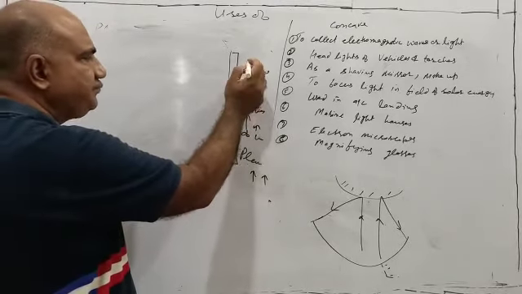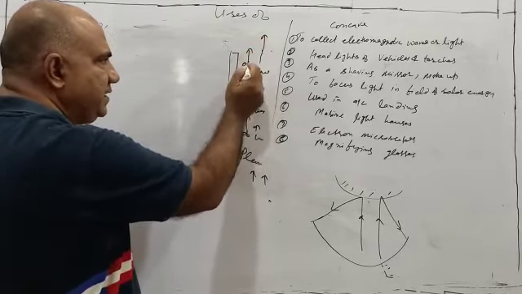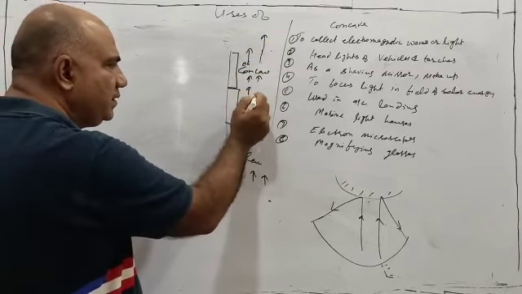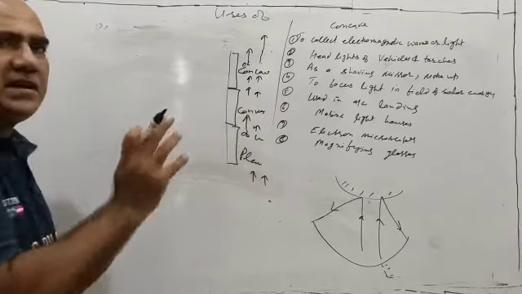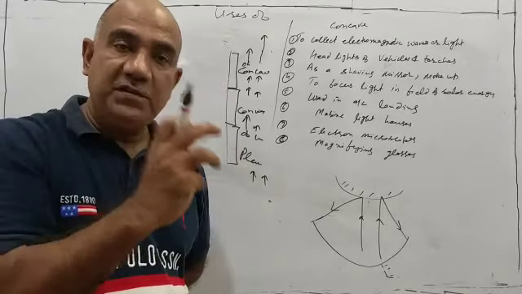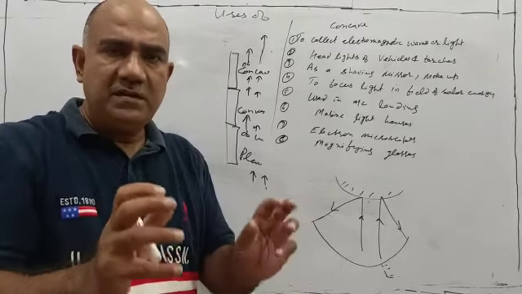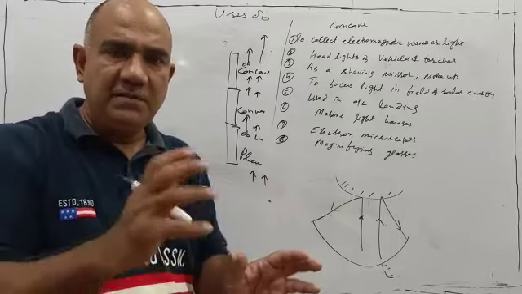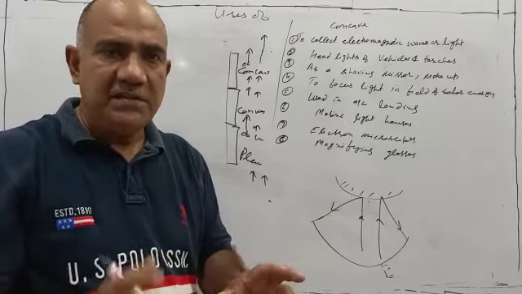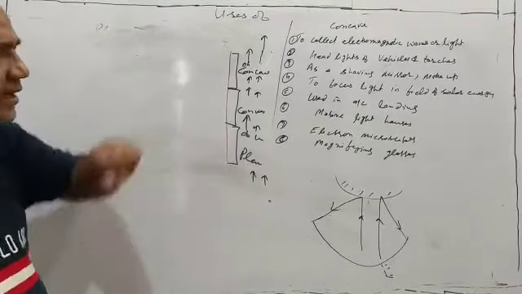But this one will make, object, image, also the same size. Also it will make a diminished image. A concave mirror is able to make some images; for some positions it makes an image equal to the object. The size of the image and the size of the object is the same. In some cases, the size of the image is smaller than the size of the object. In some cases, the size of the image is larger than that of the object. So just looking at this you cannot make out.